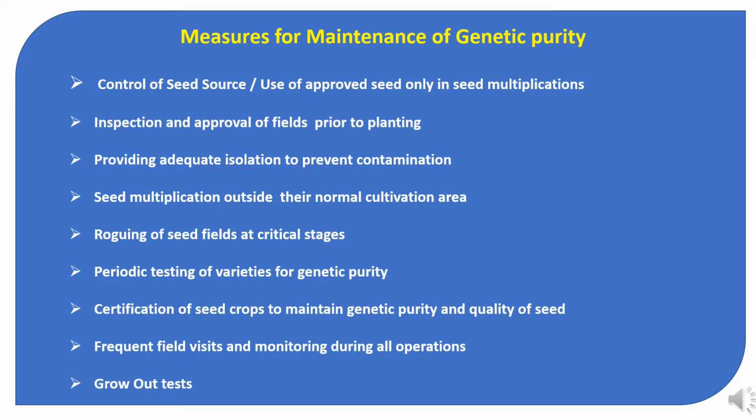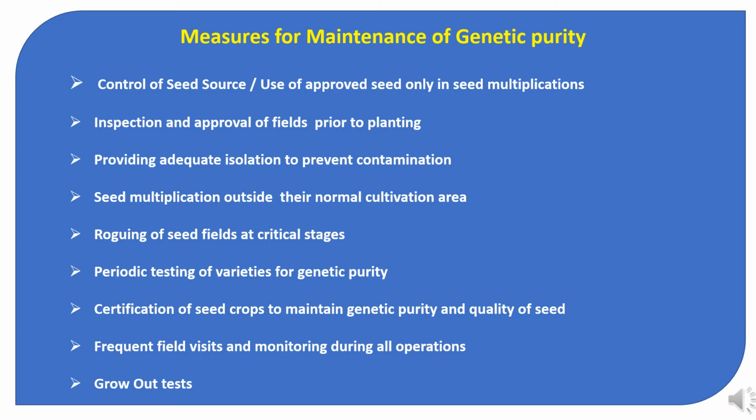There are various measures which can be used and followed to maintain the genetic purity of seed. Like first one is control of seed source or use of approved seeds in seed multiplications. Second, inspection and approval of fields prior to planting to avoid any voluntary issues or mixing during sowing. Next is providing adequate isolation to prevent